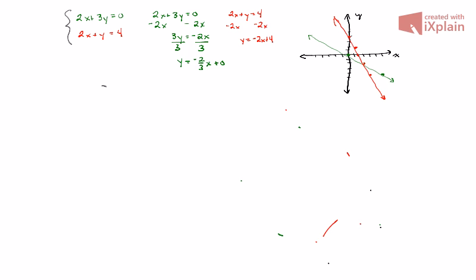So if you notice, it looks like we have a point at (3, -2). In order to check that, you would, again, plug those values in, and we would see if that gave us a true statement. So if we do a check, we would do 2 times 3 plus 3 times -2, and we would want to know if that equals 0. Well, in this case, I think that that's correct, because we would have 6 plus -6 equals 0,